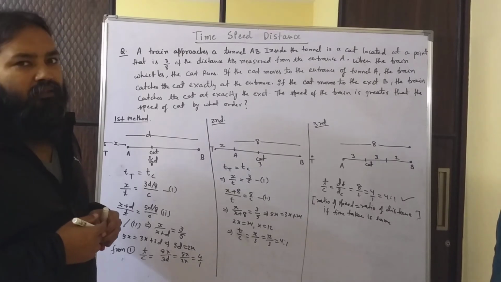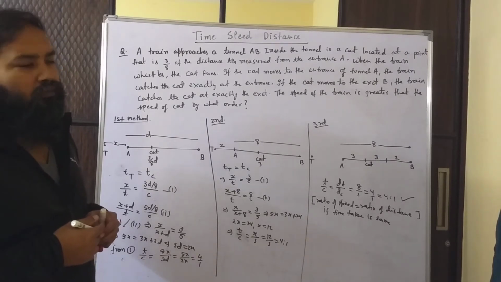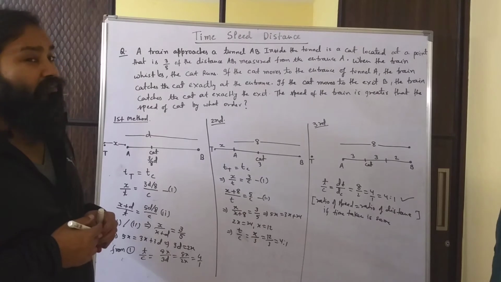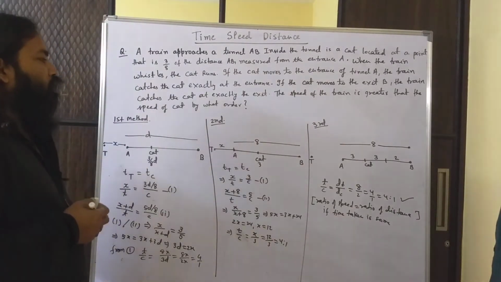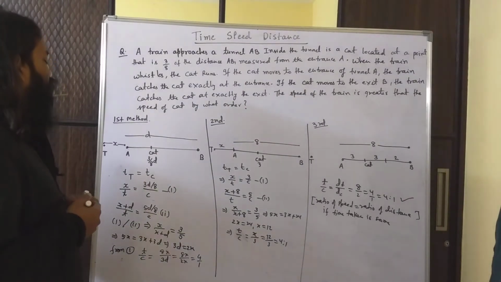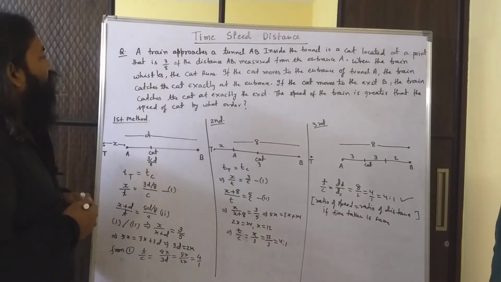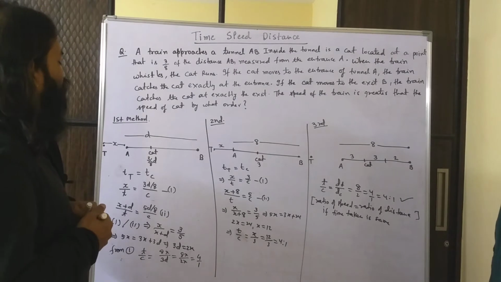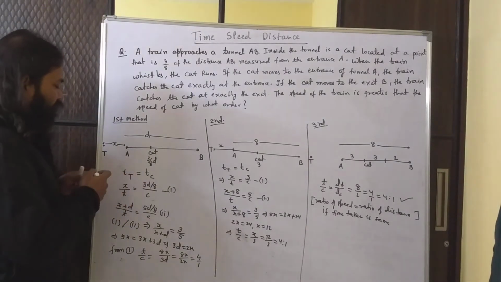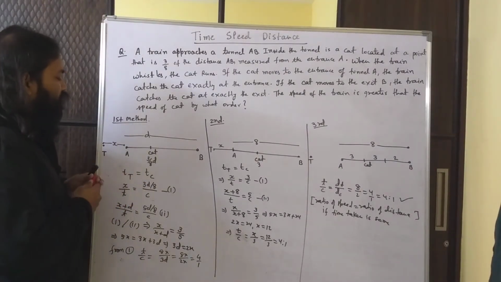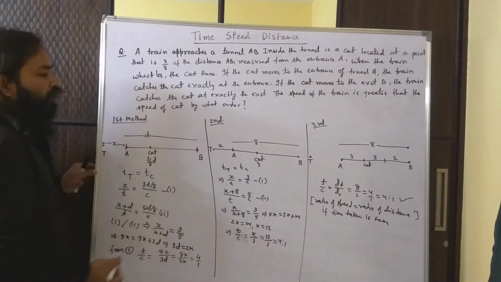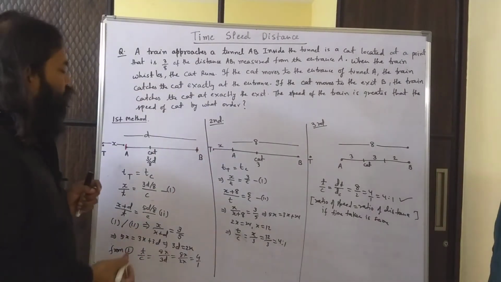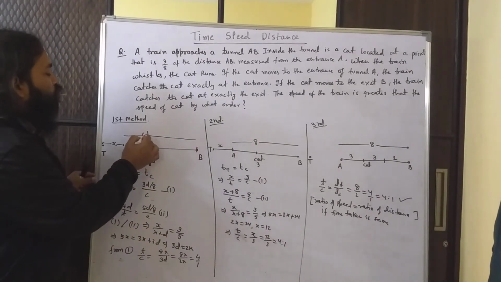So obviously it's a kind of a lengthy question, 1, 2, 3, 4, 5 lines. So we need to break it up. Let's try to make a small diagram. A lot of times it helps if you make a diagram. So a train approaches the tunnel AB. Let's say this is our tunnel AB. Okay, so I have drawn the figure. The length of the tunnel is not given, so I have assumed the length of the tunnel to be D.